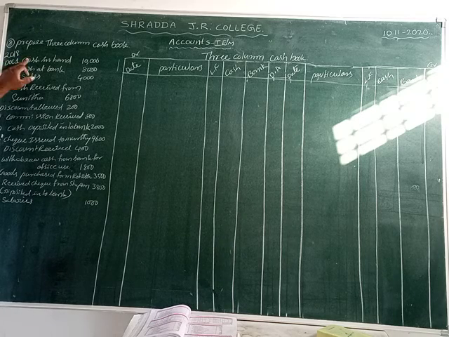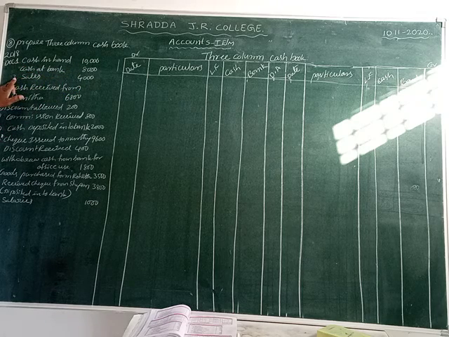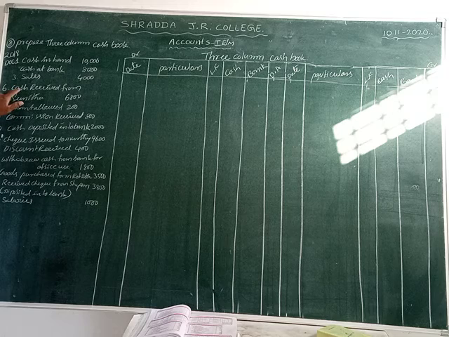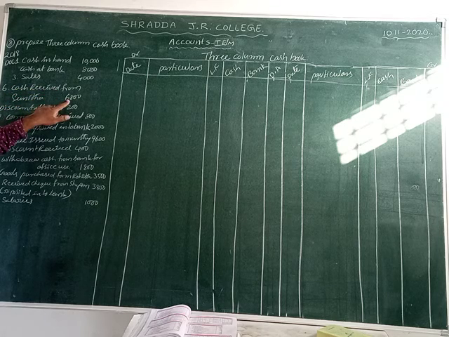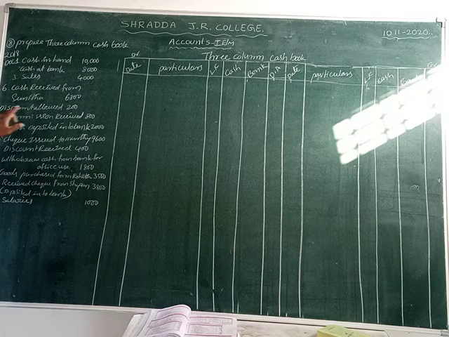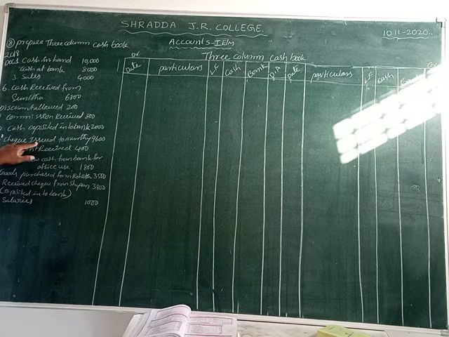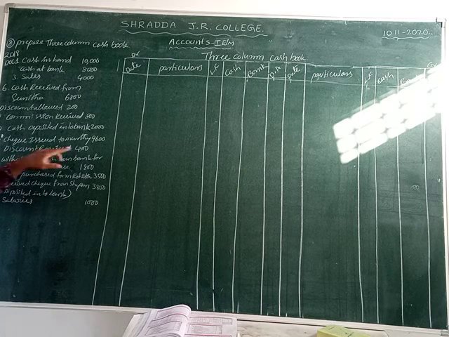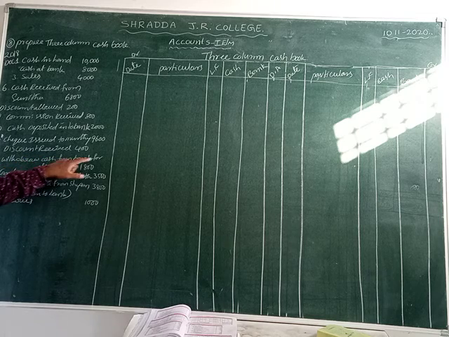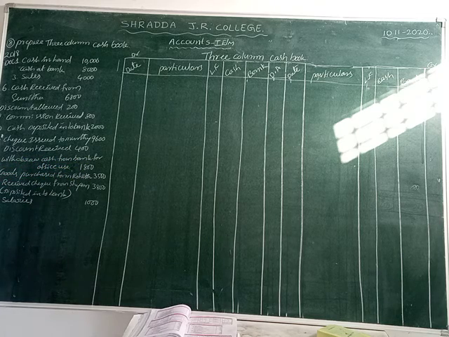2018 December 1st. Cash in hand 10,000 rupees. Cash at bank 8,000 rupees. Third date sales 4,000. Cash received from Sunita 6,800. Discount allowed 200 rupees. Next one, 10th date cash deposited into bank 2,000 rupees. 14th date check issued to Murthy 9,600. Next one, discount received 400 rupees. Now 17th date withdraw cash from bank for office use 1800.